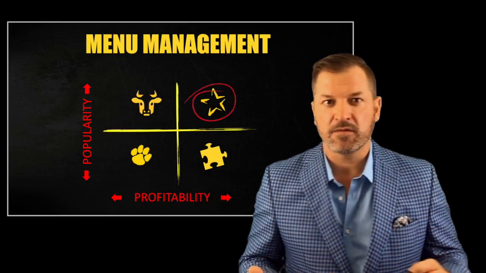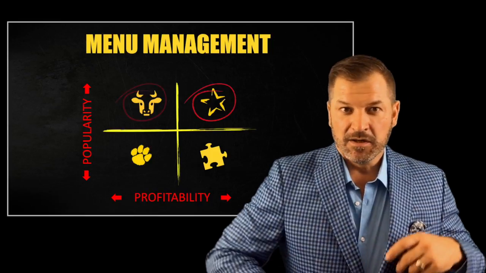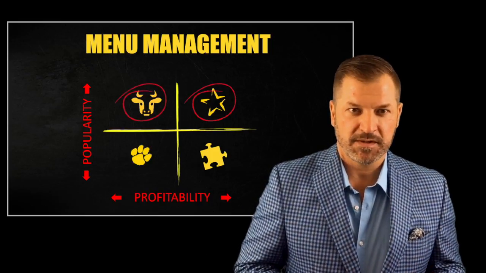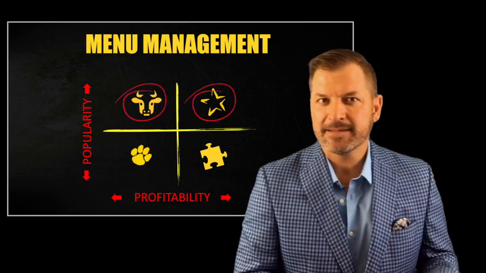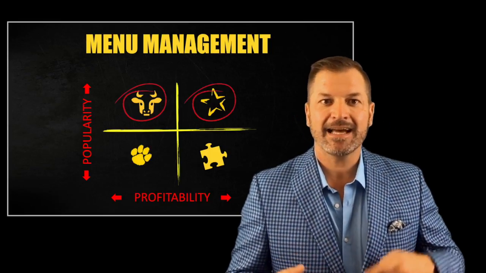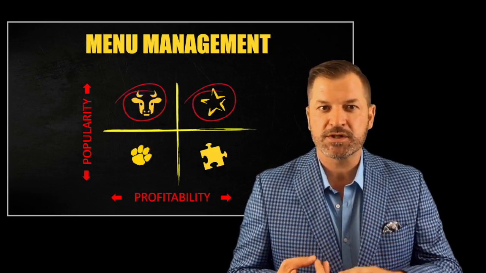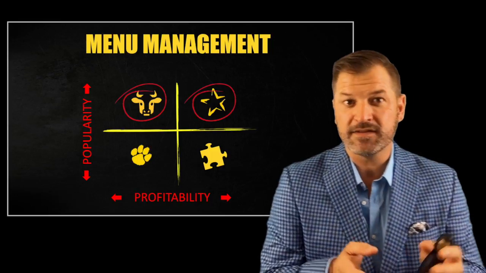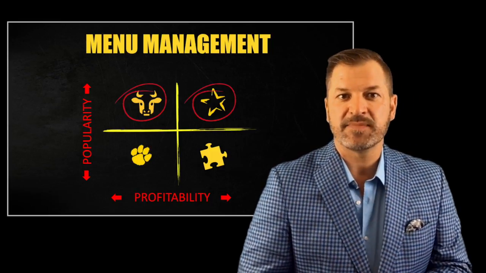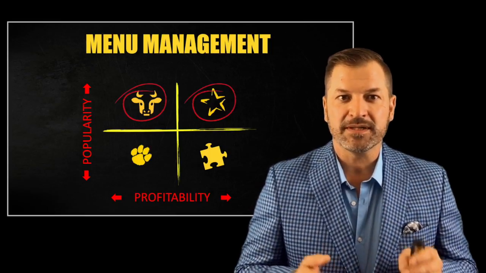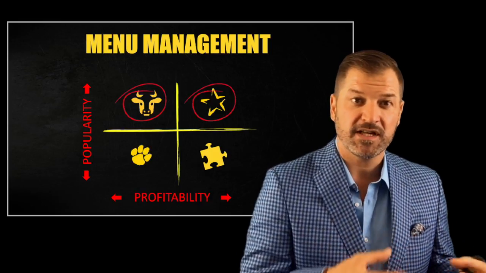When we identify those items, those are great. We want to keep those. They are our rock stars. They are awesome for us. Next, we have more of these plow horses. They're good in the sense that people love them, but they're not profitable. These are the items I want to figure out. Is there something I can do with the ingredients, the portion amount, the entire mix of product, or even the presentation? Can I change some things to deliver on the expectation for people wanting it, but do so in a way that's more profitable? If I were to change the plate, change the presentation, even change some of the ingredients,